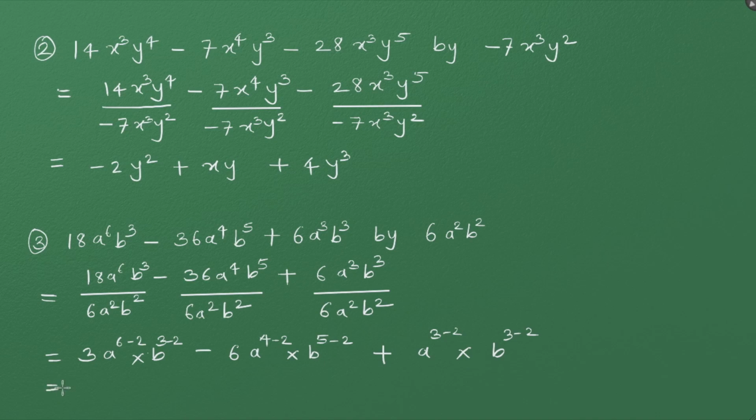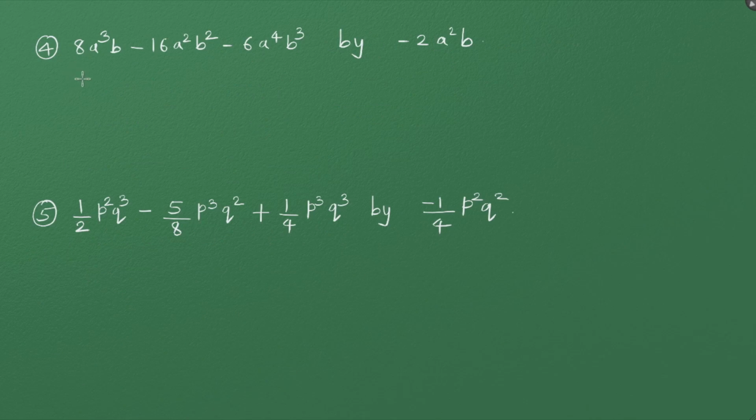So you get 3 a raised to 4 b minus 6 a square b cube plus a b. The fourth one, 8a cube b minus 16a square b square minus 6a raised to 4b cube divided